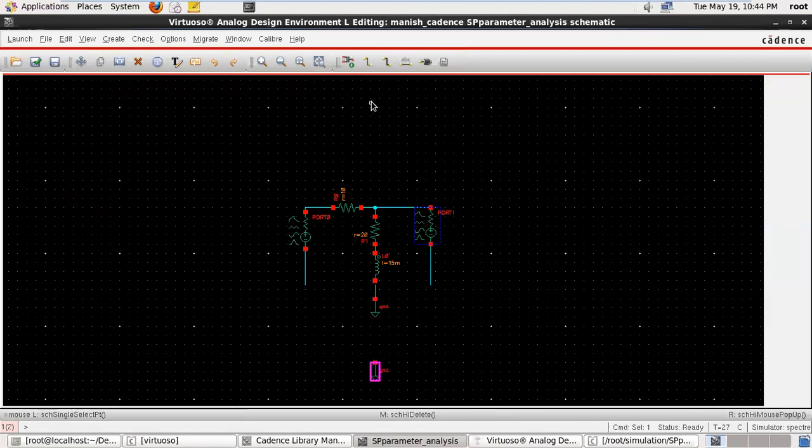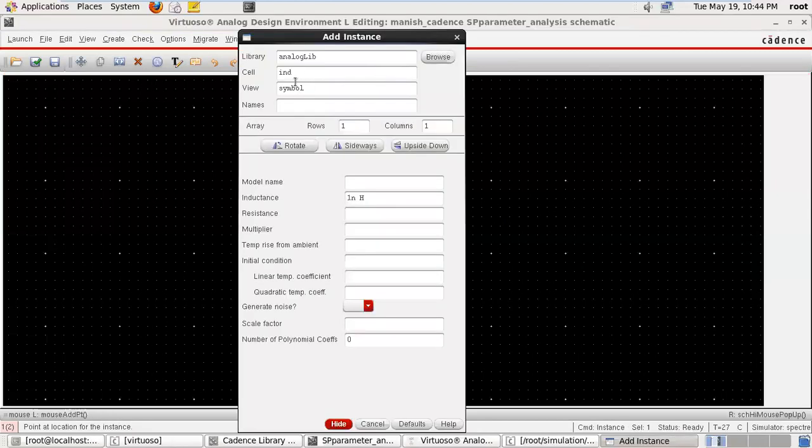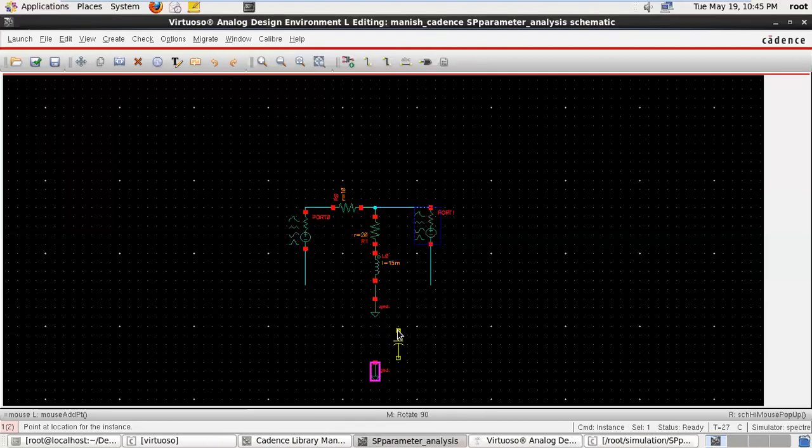Okay, so move to the capacitor value. We are taking 1 u. Hide. Okay, so this is my capacitor. Close this, delete this, delete the variable, connect your circuit here.